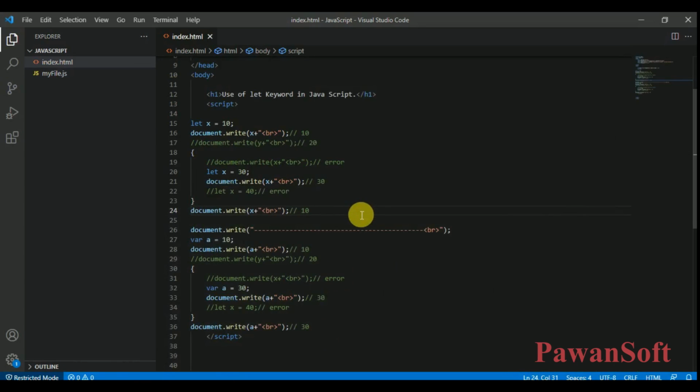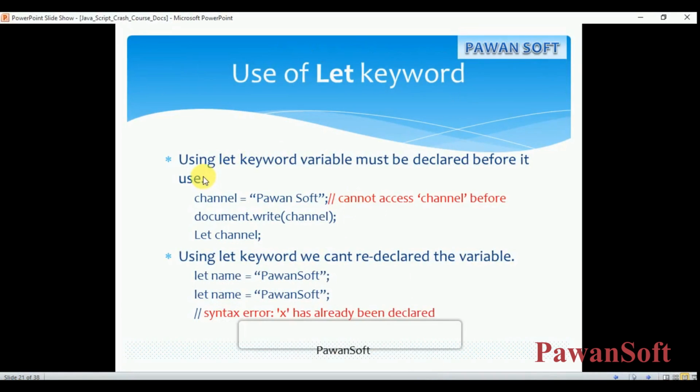Let's see the theory. Using the let keyword, a variable must be declared before it is used. Here you are declaring the variable, and here you are accessing and printing it, right? So here we can't access it before its initialization. First you have to initialize the variable, then only you can access it.